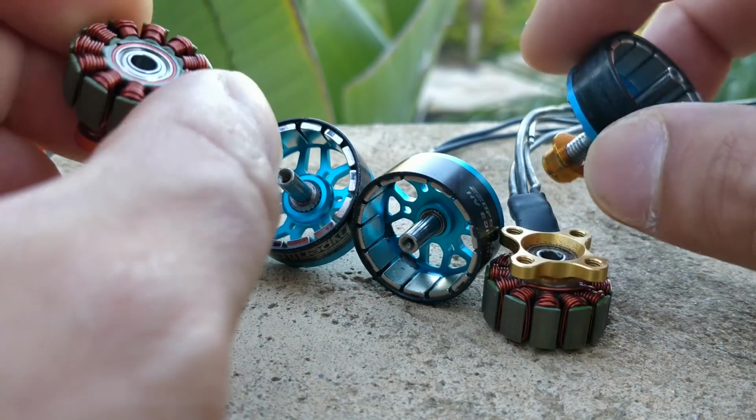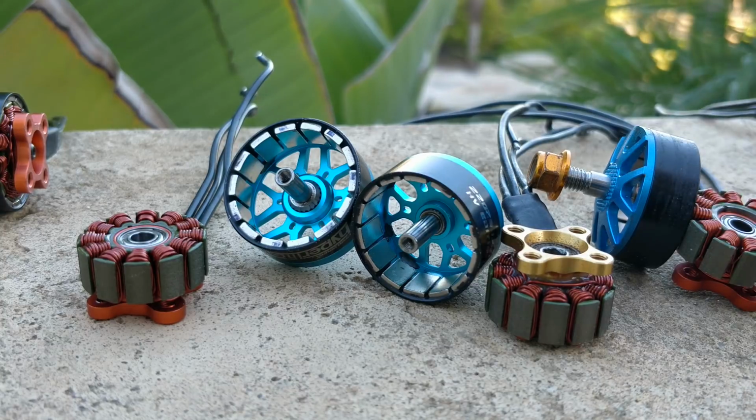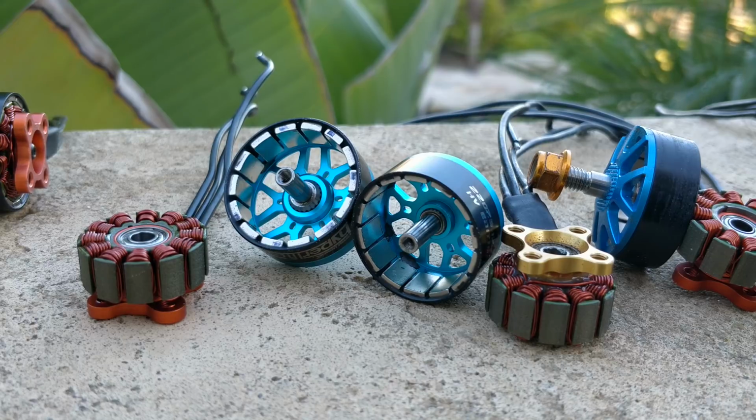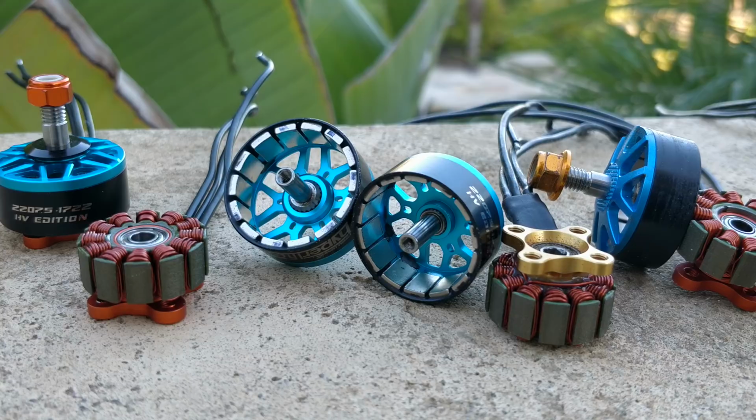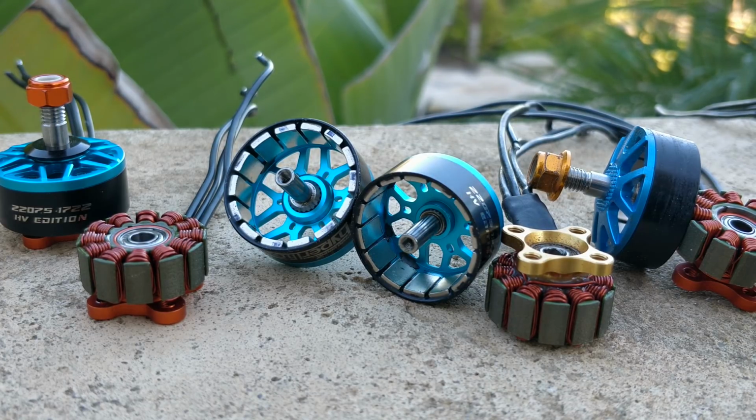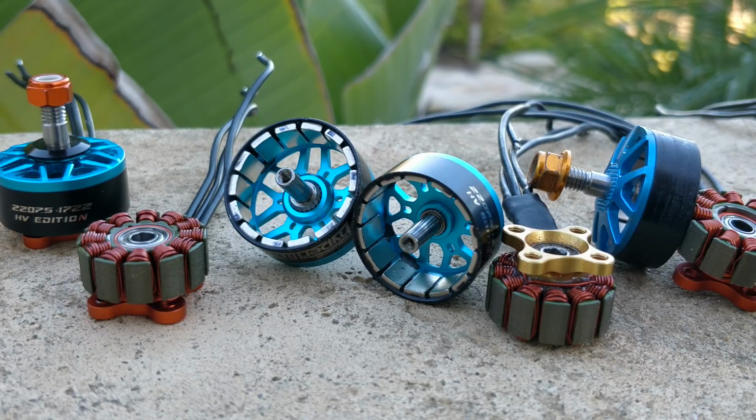So between these motors, I've pretty much pointed out all the differences. Otherwise, the 2207.8s are about the same, and they also perform very similarly. Right now, the new Hyperlite 2207.8 motor comes in 1722 kV, 2222 kV, 2622 kV, I think, and one of the other KVs. There isn't a KV between 1722 and 2222, which I think we will need to add in